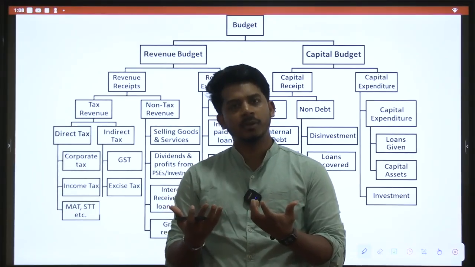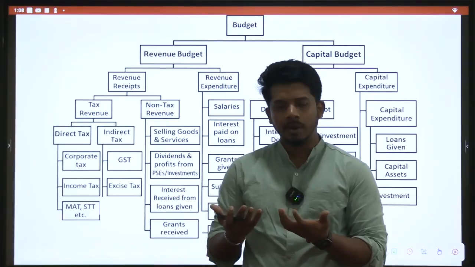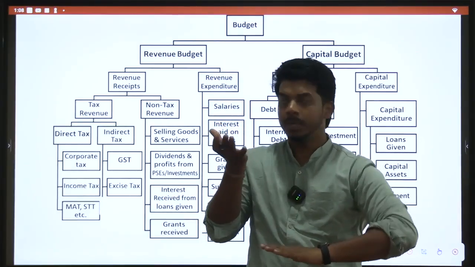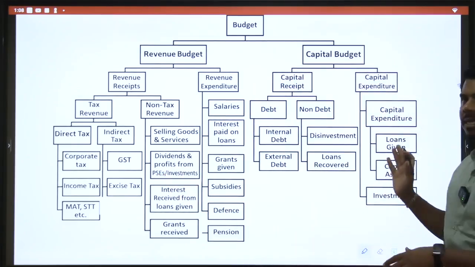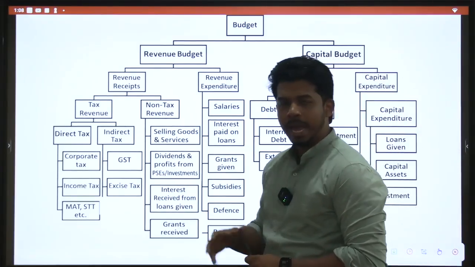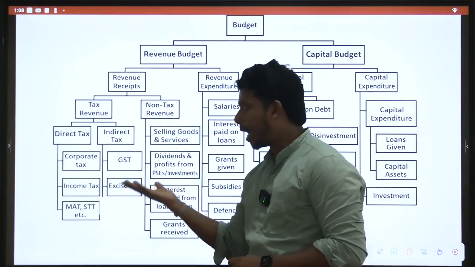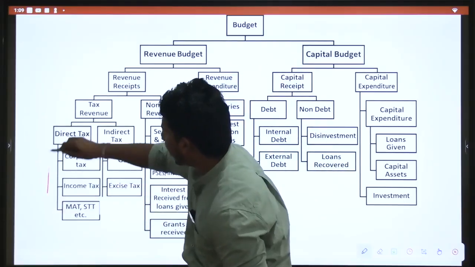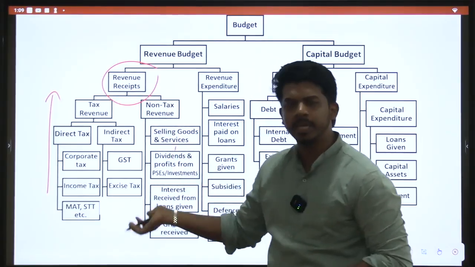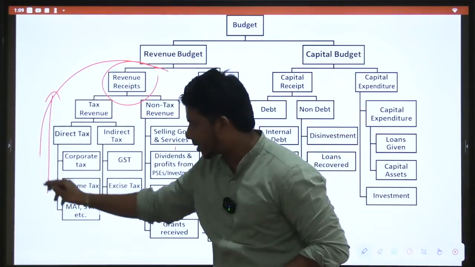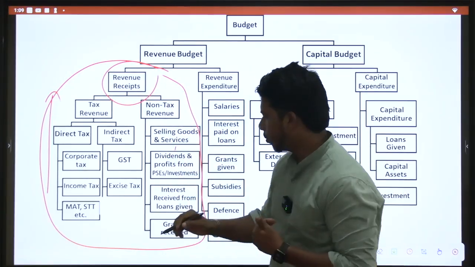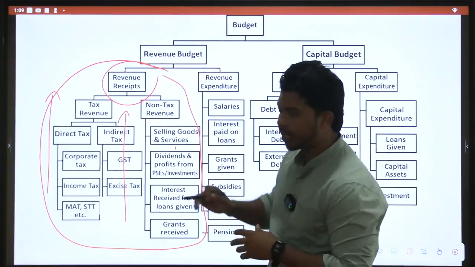So when I say I have to reduce fiscal deficit, I mean I have to reduce my expenditure and increase my revenues. That is a simple concept. So see this picture: which should be increasing, which should be decreasing? To have higher revenue, you need to increase tax revenues. In fact, you need to increase revenue receipts. Any kind of revenue is welcome. The more I have, the lesser is my fiscal deficit. So it is desirable to increase revenue receipts.